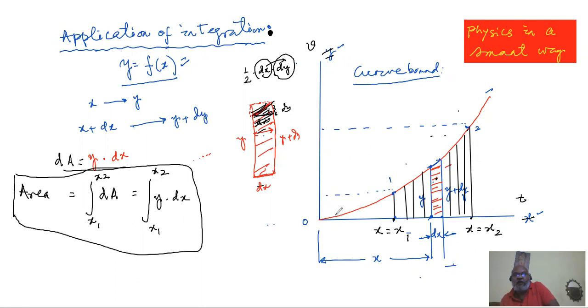Maybe the case is a particle is moving, and this is the time axis: 1 second, 2 second, 3 second, 4 second, 5 second, like that. And correspondingly, at every second mark, you get our velocity readings. So if you join them, we'll be getting a curve. So now this has become not a mathematical curve, but an issue of physics.